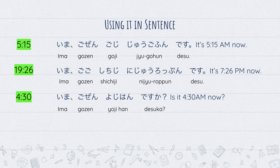The next one, it's 1926. 1926 in 12-hour system will be 7:26 p.m. So if I wanted to say it's 7:26 p.m. now in Japanese, it will be 今午後7時26分です。